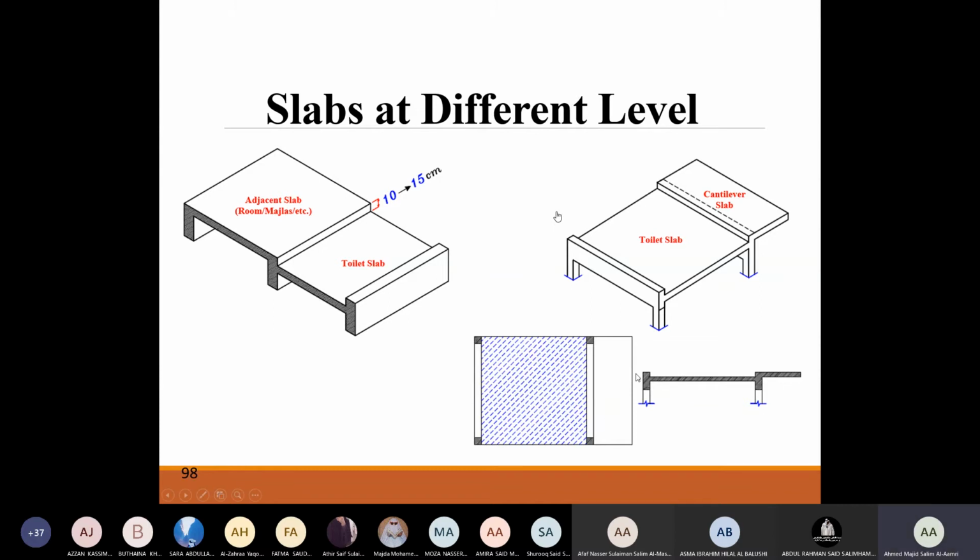Now, how do we normally show it? If you can see here, this is the slab. This is a plan view. This is a longitudinal section. We can see now the left slab is sunk down and the other one is at a regular level. So this one is a sunken slab and this is a regular level. How would we know it? We know it by the hatches available. Now, if I open for you,